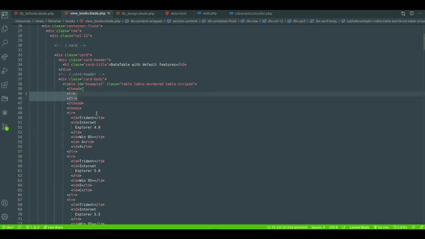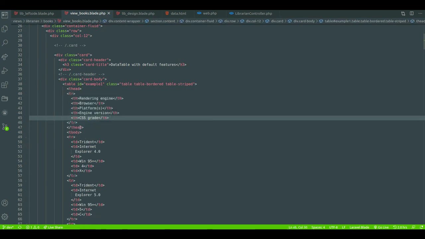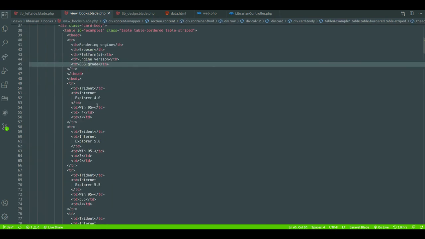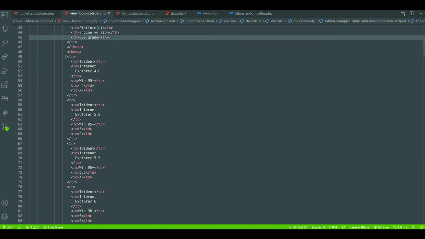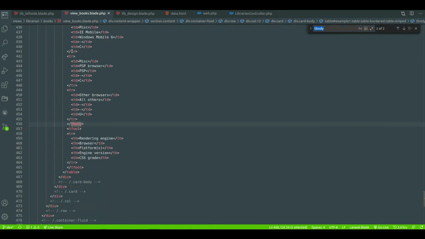Okay, I will keep only one. Okay, only one is there. Okay, I will modify it later. T body, after T body, T foot is there. Okay, so let's go with this.